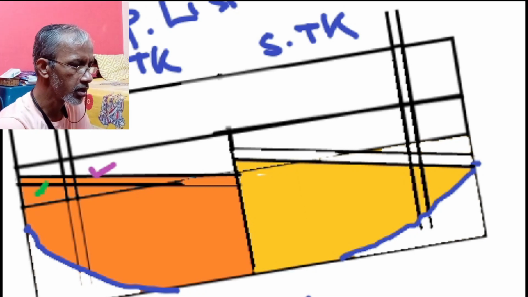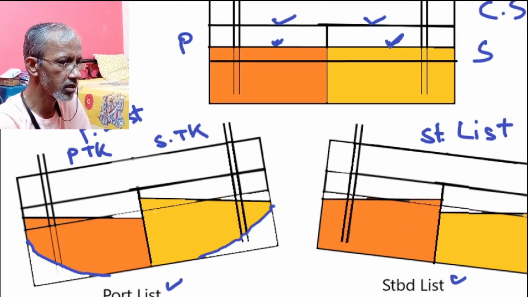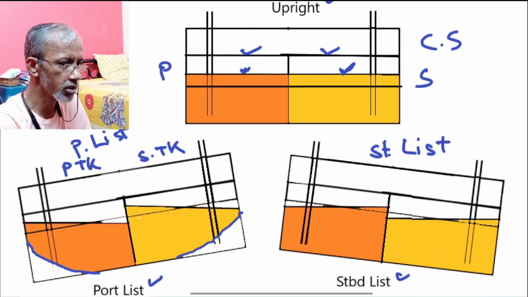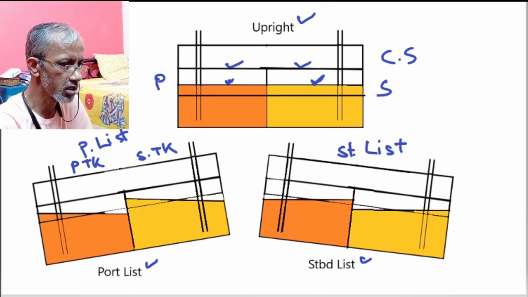So the difference of the sounding can be seen when the ship is tilted towards the outside. This way you can see that the profile gets changed from the perfect rectangle to this shape. For the same amount of the contents,